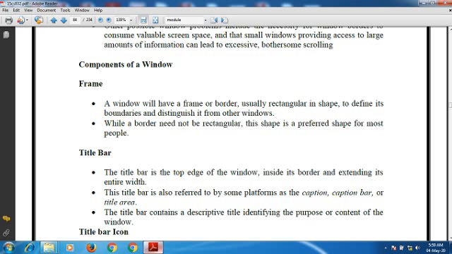In this section, we are going to discuss all the components of this window. The first one we have is a frame. A window will have a frame or a border, usually rectangular in shape, that defines its boundaries, and we can distinguish it from another window.